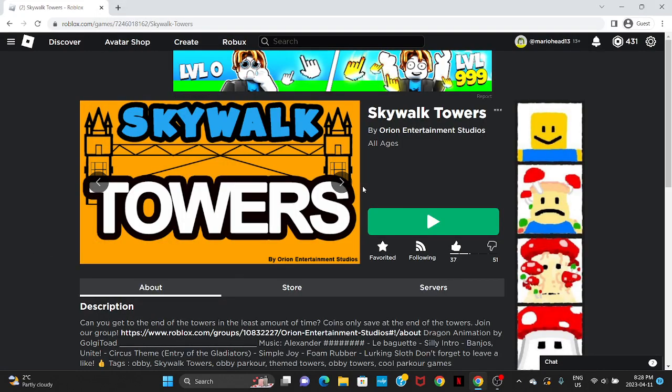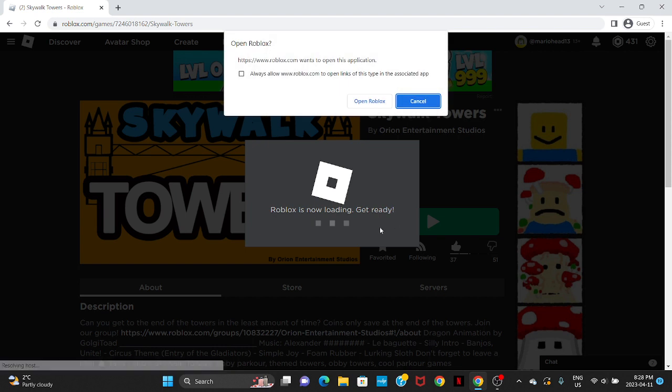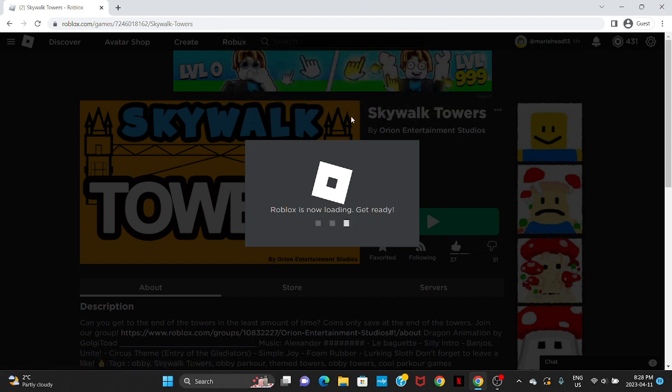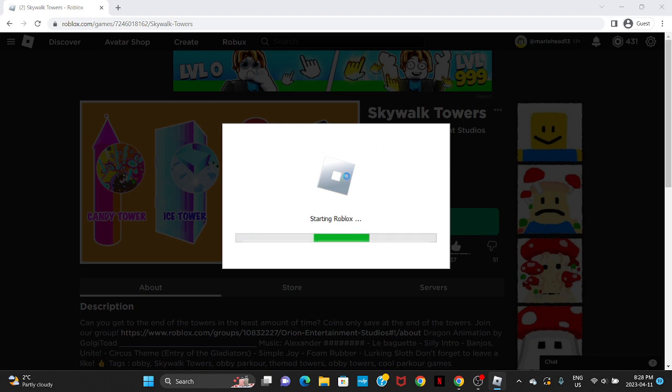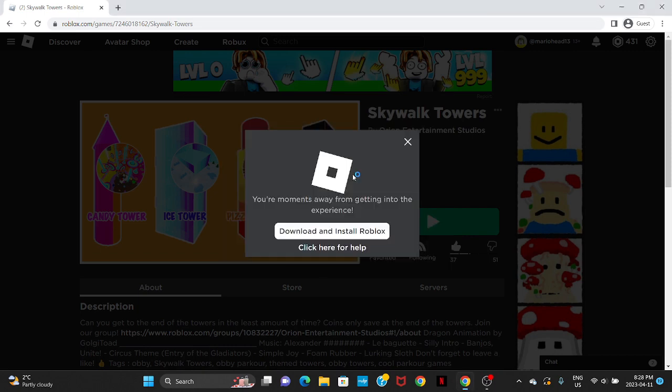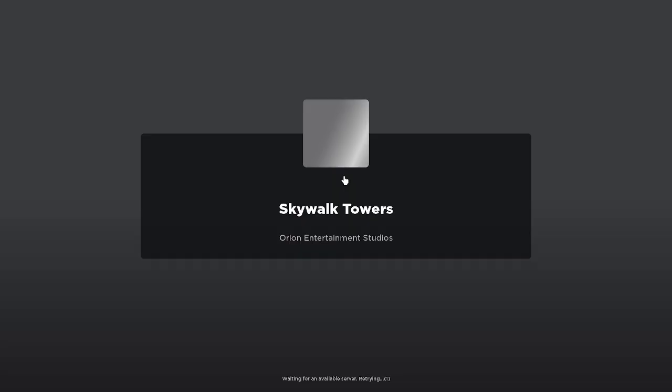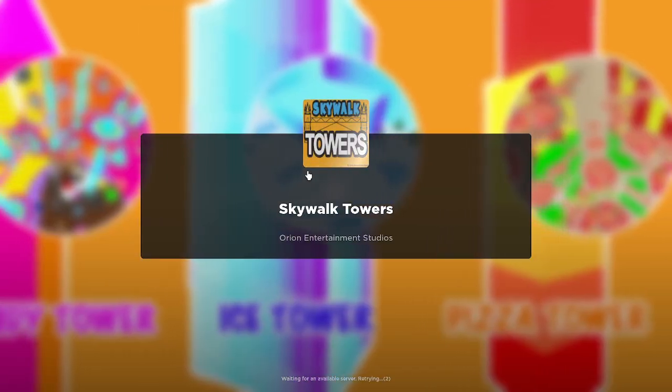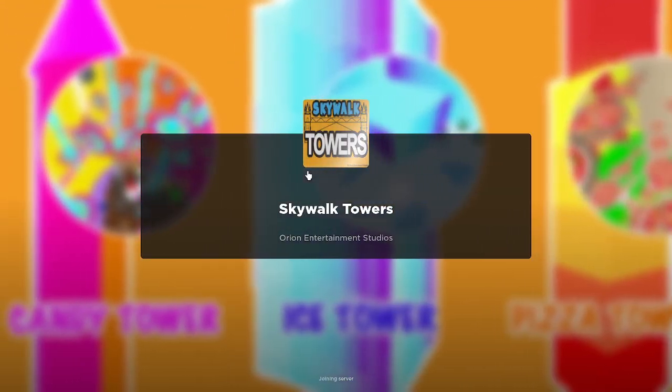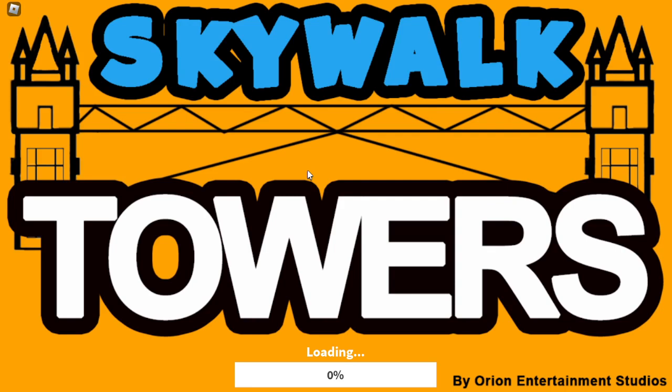The Teen Engineer here, and today we're going to be continuing the Skywalk Tower series. So let's get into it. I'm going to show you guys a part of the game that I really like to explain because I feel like it's not intuitive. And I believe it's in the Candy Tower, and it's like the Oreo. And I'm going to show you guys how I coded it because I think that's pretty cool. So yeah,